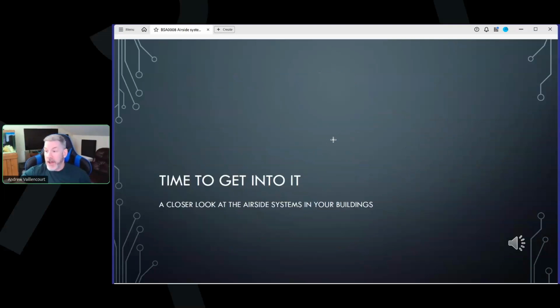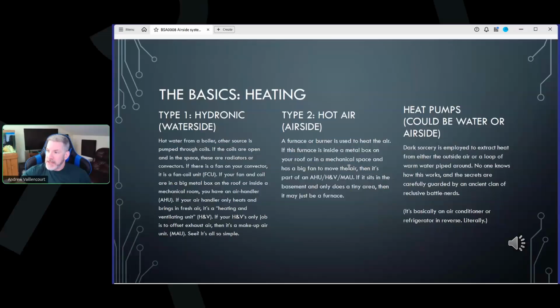We're going to get into airside now, okay? The basics. The basics of heating, hydronic is your water side. Why are we mentioning that here? Because they touch each other. Every air handler with a hot water coil, you have the water side touching the air side. They interact with each other. Very, very common to have air side and water side